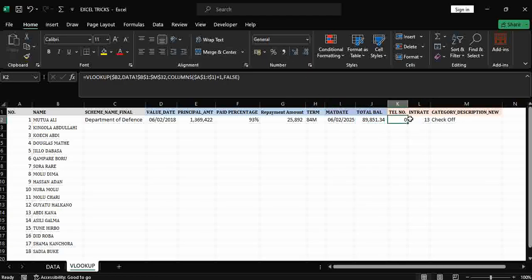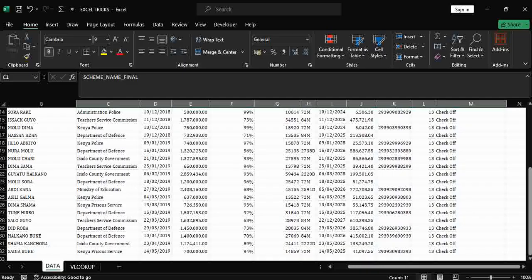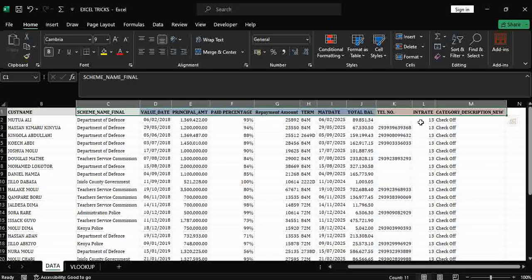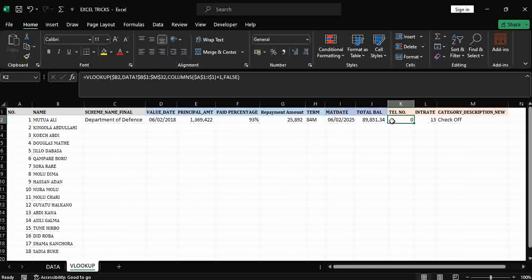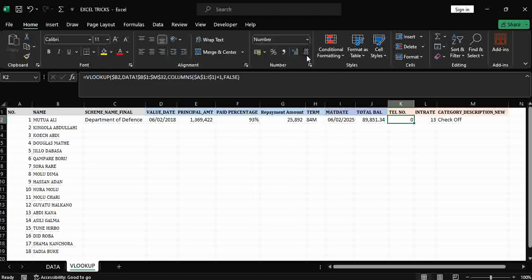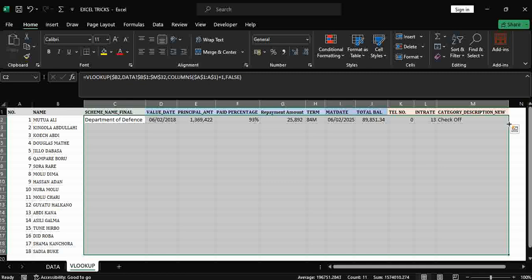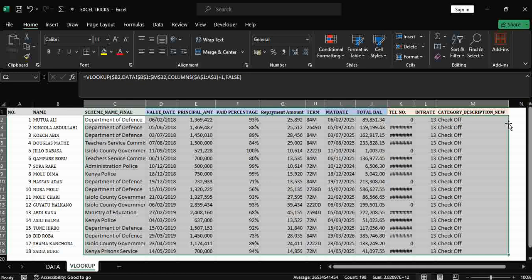Telephone number should be... why is it giving me telephone number for Mutua Ali? So there is no telephone number, that is why it is giving me 0, and so on. And this one I can make it a number but to 0 decimal points, because I don't expect decimal points for phone numbers. After having that, I can copy this formula down, very quickly and very easily, and then